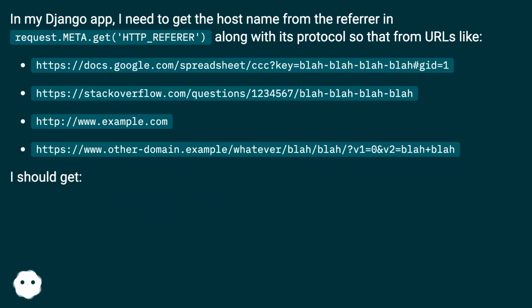so that from URLs like https://docs.google.com/spreadsheet/ccc?key=blah blah blah blah#gid=1, stackoverflow.com/questions/1234567, http://www.example.com, https://www.otherdomain.example/?break_time=1s/break&v1=0&v2=blah+blah, I should get